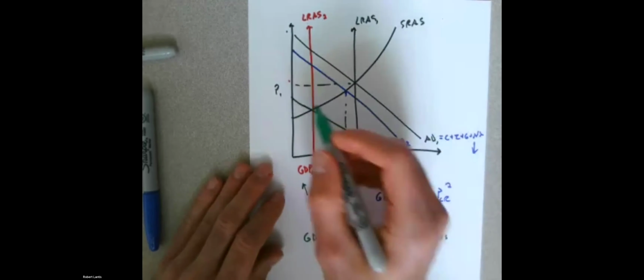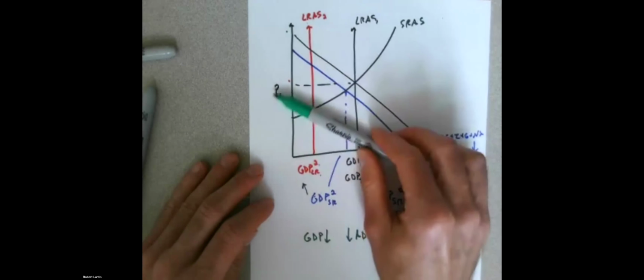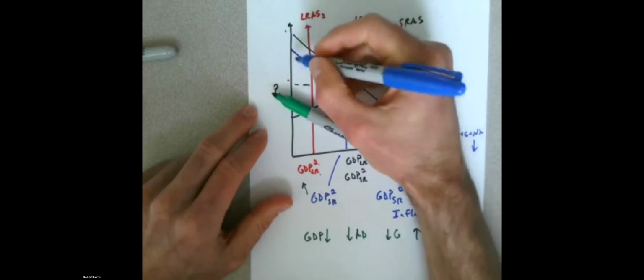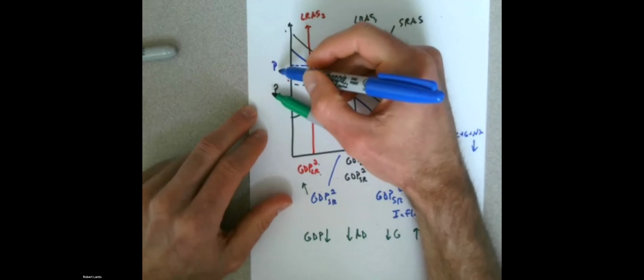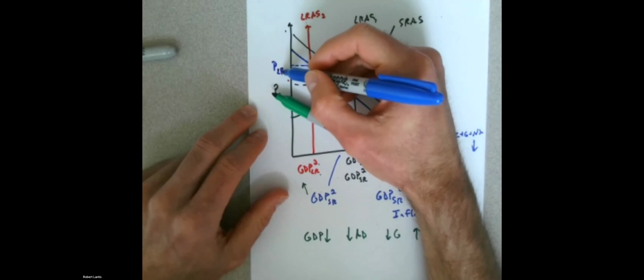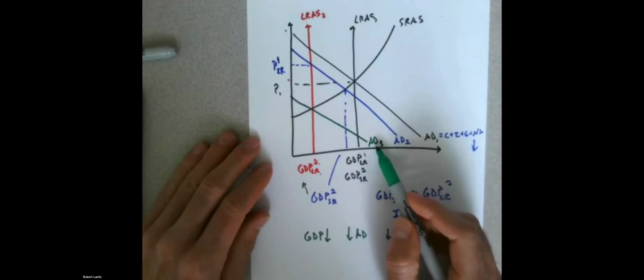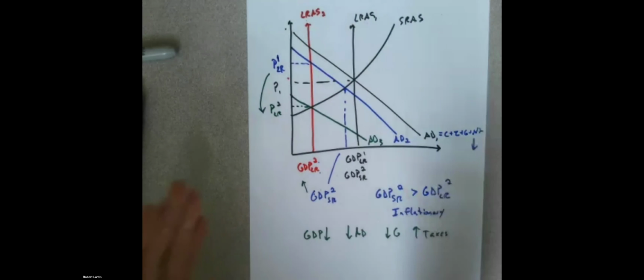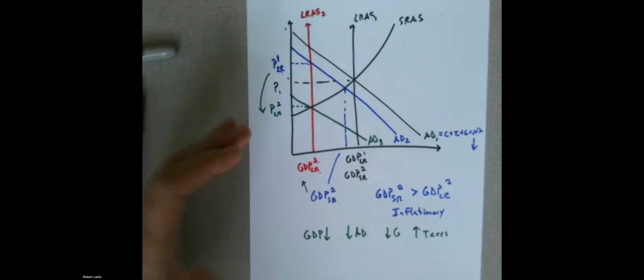As a result of that, what have I done? Well, without that change in government spending, where would my new long-run price level have been if I was patient and allowed short-run aggregate supply to adjust? My price level would have been kind of up here. But because I had that, I can call this 2, it's now lower than what it would have been without that adjustment. So I've closed my inflationary gap, but I caused price levels to then decrease.